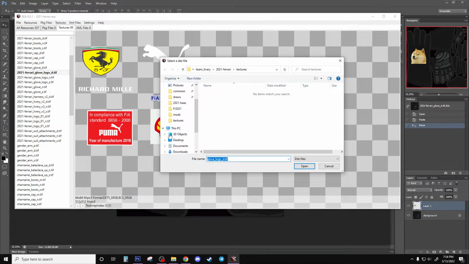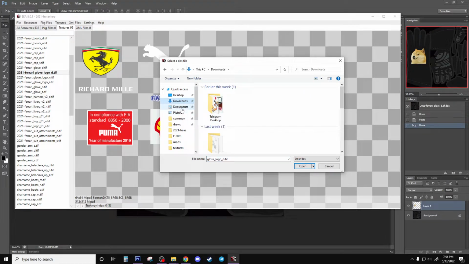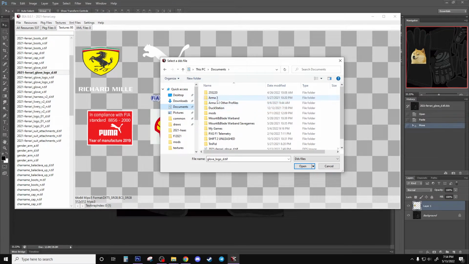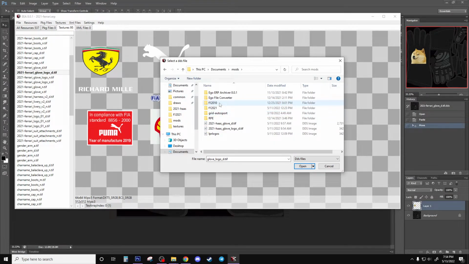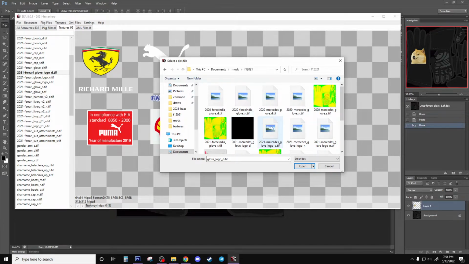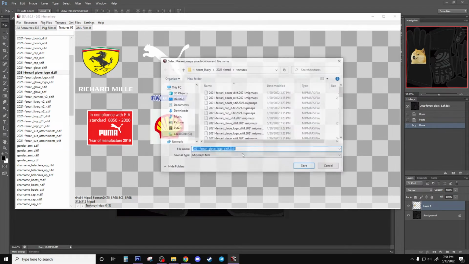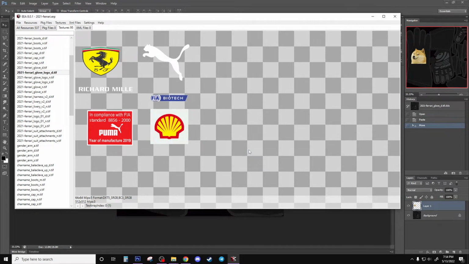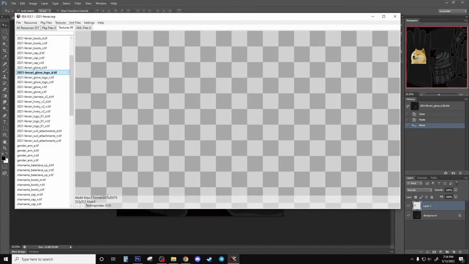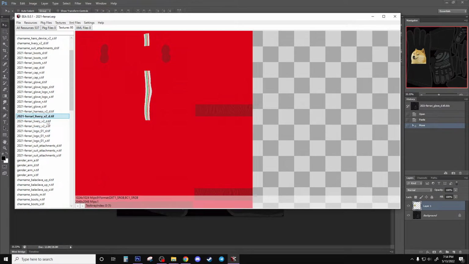But for this one, I will just replace them with an invisible texture so they don't show up in the game, which I already made some over here. I believe this one. There you go. As you can see in the preview, there is nothing, so there won't be anything either once I boot up the game. So that's pretty much how you edit the textures in this F1 2021 game. You can experiment